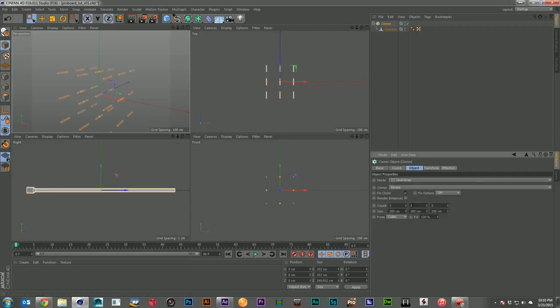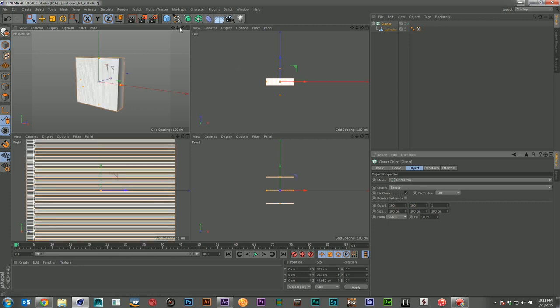I'm going to go ahead and make them a grid, and I'm going to make sure there's only one layer. I'm going to bring the pins in Z down to 1, and 200 by 200 is probably going to be just fine for us. And I bet if we do about 100 by 100, we're going to end up with a nice little pin board here, and there we go.